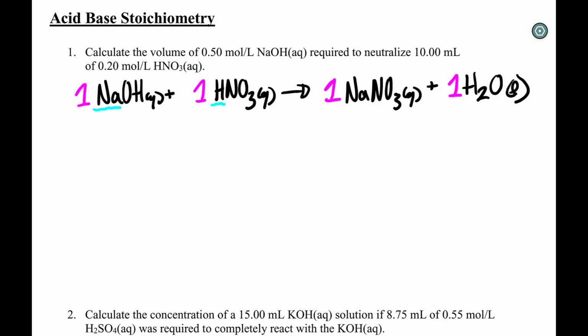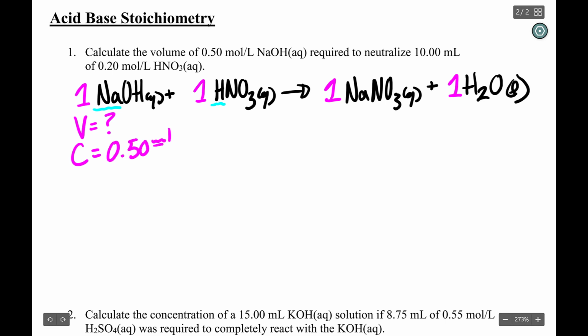The next thing I like to do is write out all the information I'm missing as well as all the information I'm being given. So it says calculate the volume of NaOH. That's going to be my goal, so I'm going to write that there. And I've been given the concentration of it, which is 0.50 moles per liter. And I've also been given the volume of the nitric acid as being 10 milliliters. Now I'm going to convert that into liters right away. So that's 10 milliliters in liters with the significant digits they've given us. They've also given us a concentration of